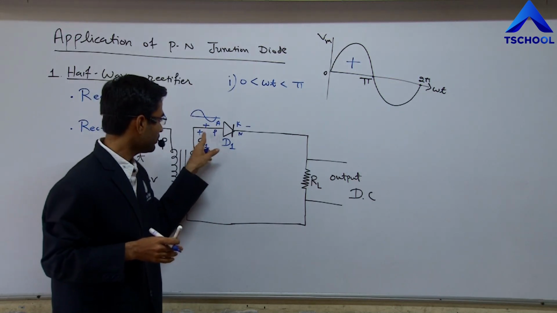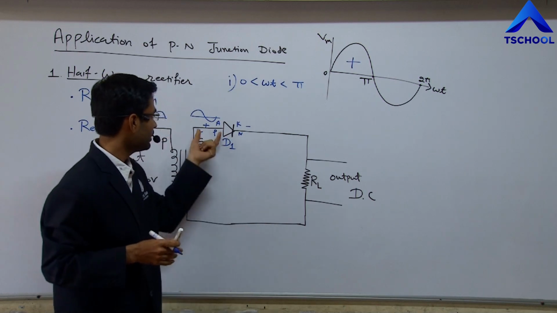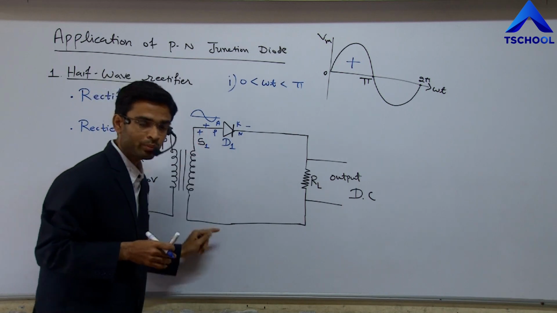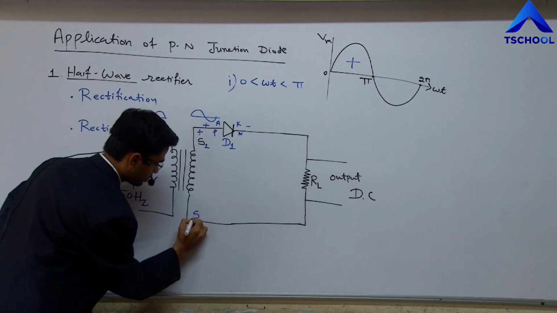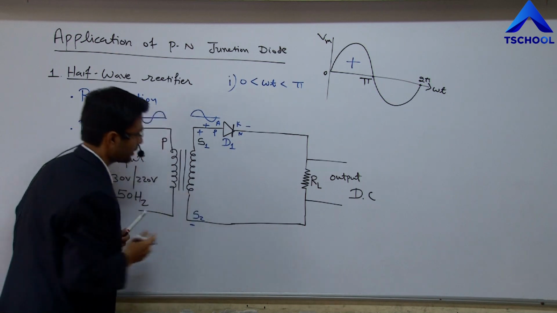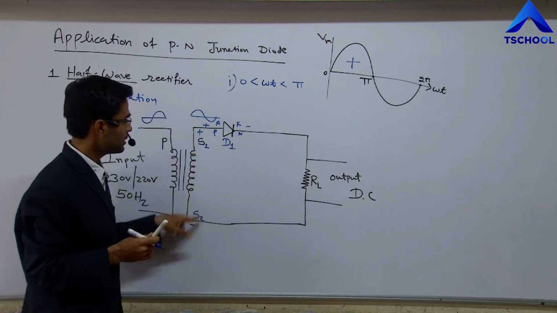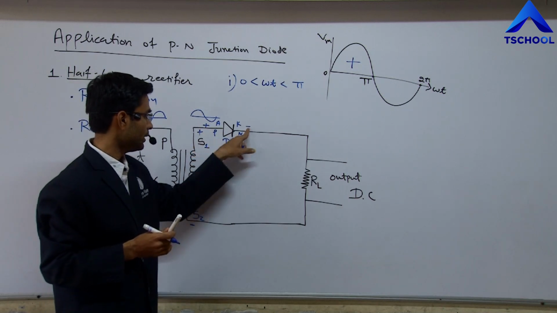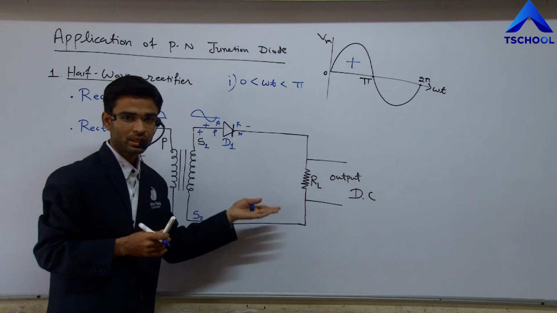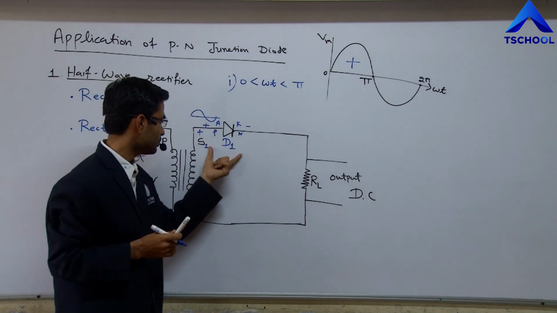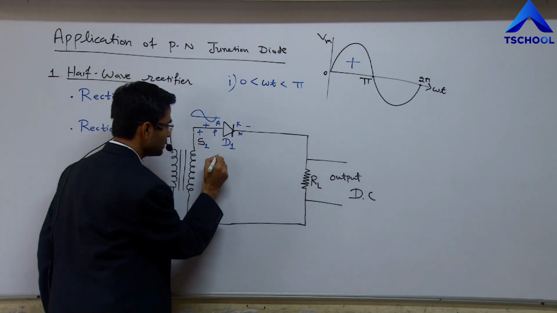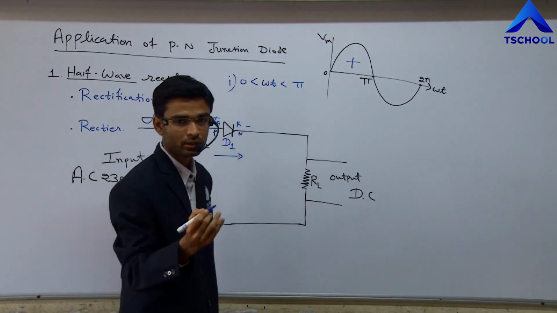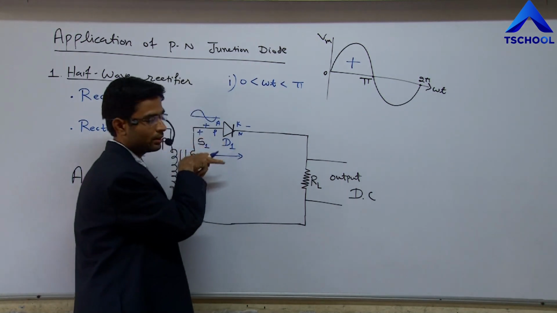The overall effect of the electric field is reducing, and the diode is in forward bias mode. Now S1 becomes positive as compared to S2, so S2 terminal becomes negative. Positive and negative means the true connection: positive with positive and negative with negative. Diode in forward bias mode means the diode allows the current to flow through it.